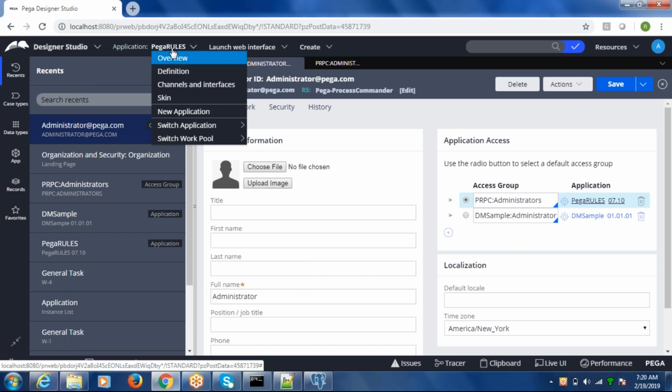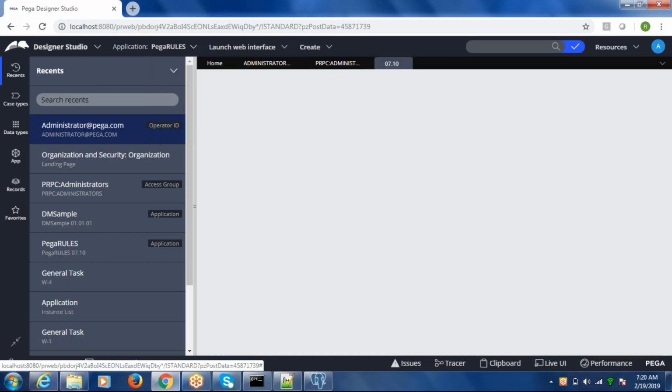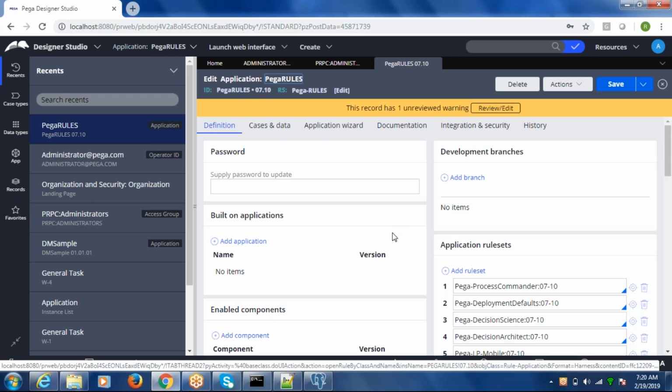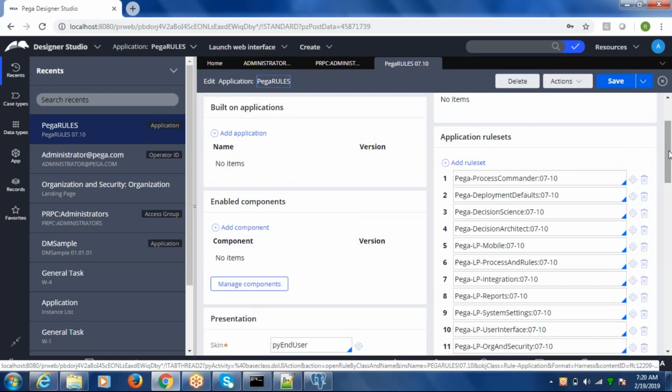Coming to the application. By default, if you open the application, you can even open it by clicking on the application definition. Here in the application, the basic thing that you need to observe is application rule sets. Every rule that we create is associated to a rule set, and apart from a rule set, you will have a rule set version associated.